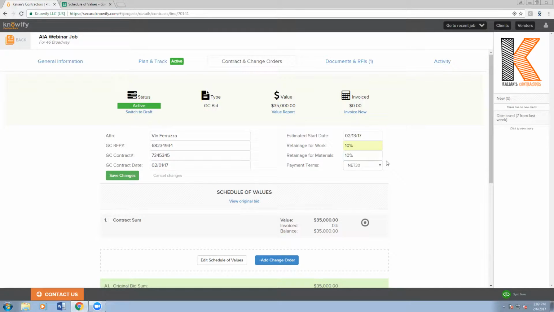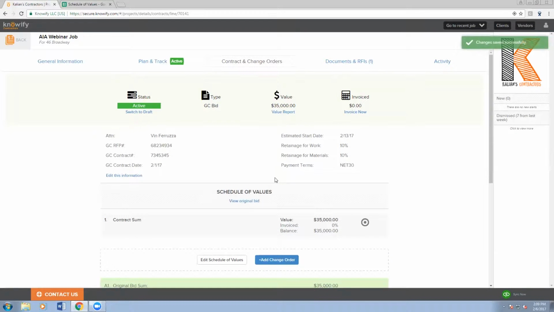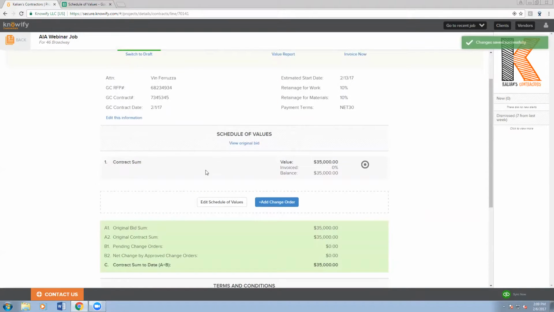And so now, whenever I submit one of my AIA invoices, it knows to pull a 10% value from all completed work and stored materials, and it's going to automatically take that out from what my payment I'm requesting from the client is. And like I said before I switch this to active, we can bid it as a flat